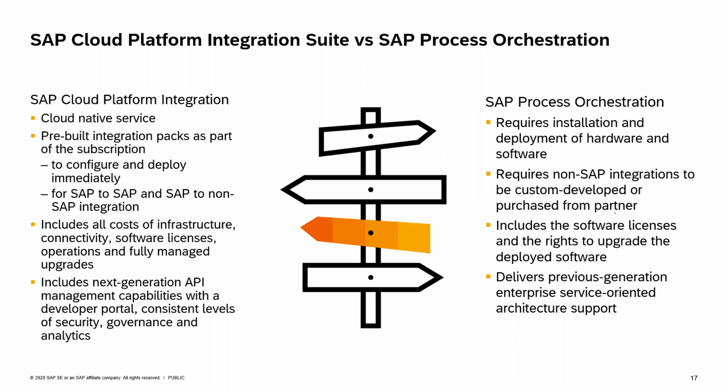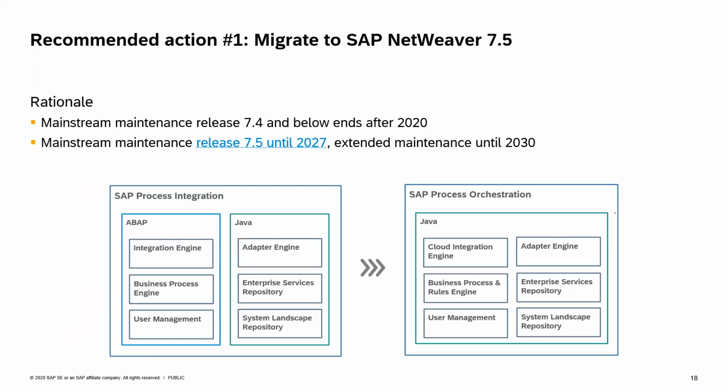So in future-proofing your integration strategy, we recommend three aspects, right? The first is that in case you have 7.4 or a lower version, make sure that you are migrating to 7.5, as the mainstream maintenance of the previous versions is ending in 2020, and 7.5 is available in mainstream maintenance till 2027 and extended maintenance till 2030. So in case you are already on the lower versions, make sure that you are upgrading to NetWeaver 7.5